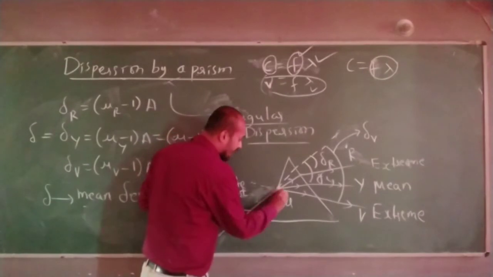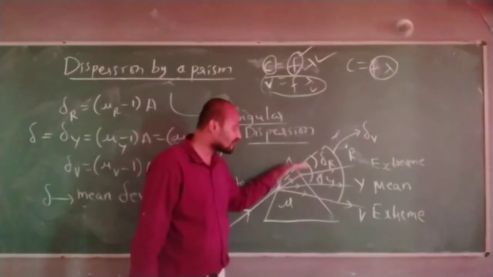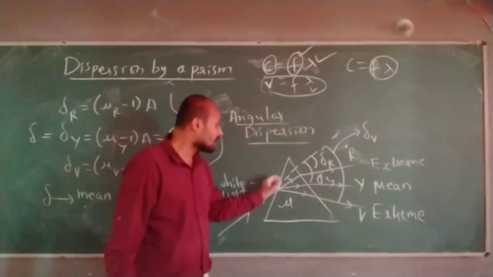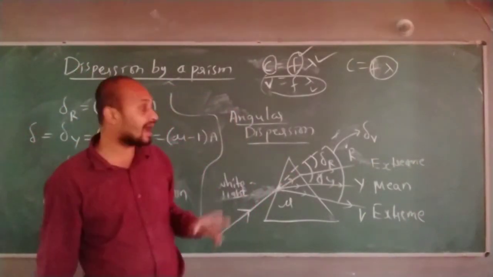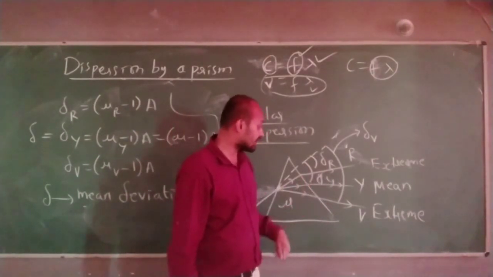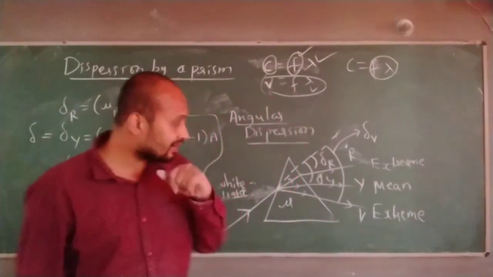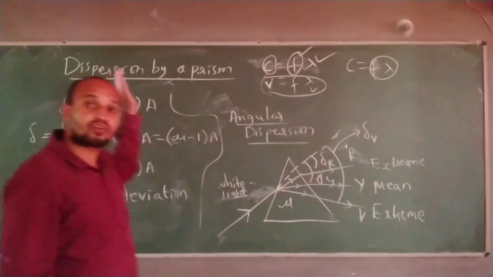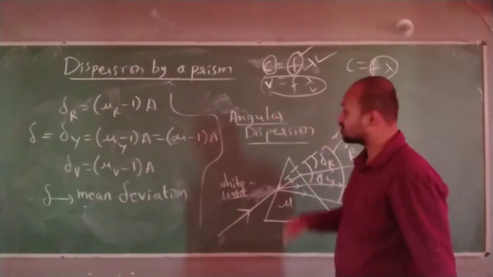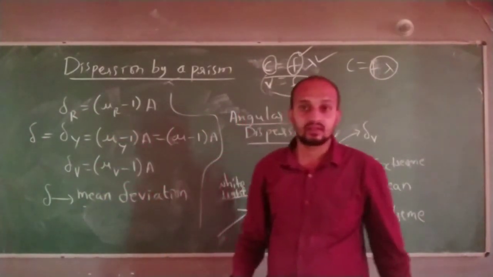Of course, if I draw one normal, the angle of incidence is the same for all of them, but the angle of refraction for each at the surface is different. That means individual light is making a different refractive index. Of the three I have taken, one is for red light, one is for violet light, and one is for yellow light. This is the deviation for violet light. So mu is the refractive index of the material for how much red light is bending. Mu y is the refractive index of the material for how much yellow is bending. Mu v is the refractive index of the material when violet light is bending. That is the material. Correct?